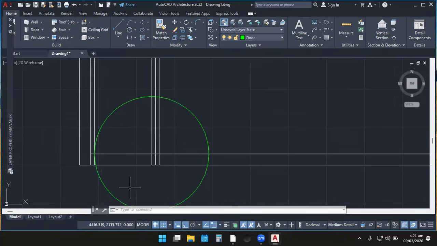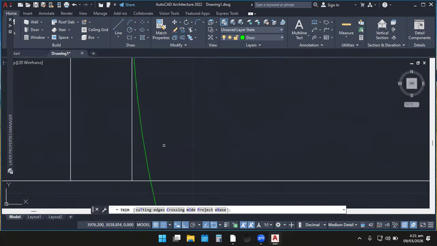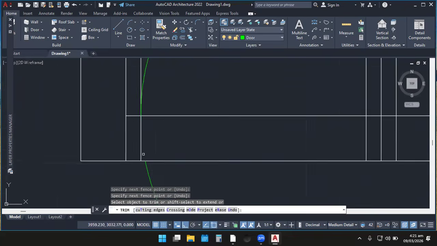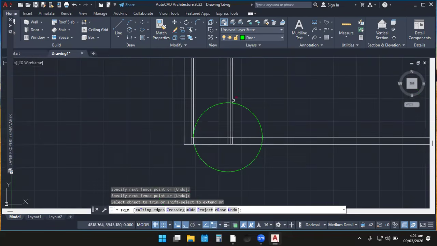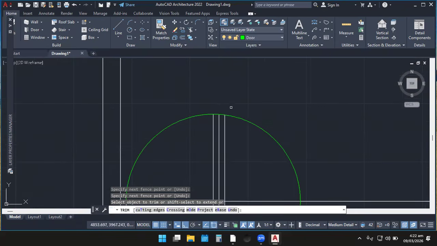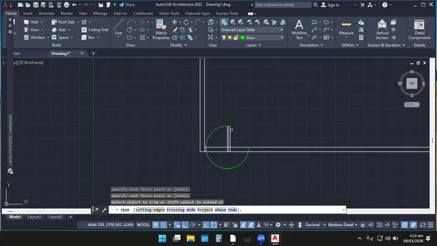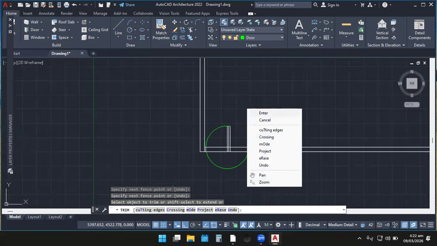So let's quickly trim some points and then we are good to go. I pick my trim. Let's trim this part. Now, after trimming this part, what else can we trim? We can just trim all the top. It's not needed. You can trim this one over here too. It's not needed. So we can also trim this off. And then now I can release the trim.